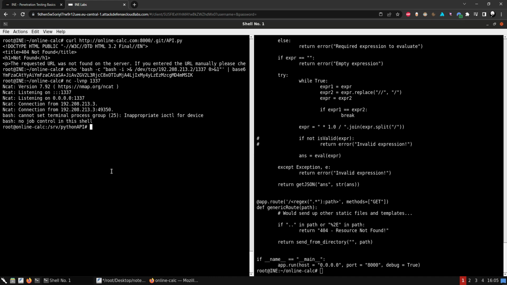It seems to have worked. Yeah, some little debugging was necessary, but we did get a shell, as you can see, Python API, and we got a shell as the root user. Again, this lab is not meant to teach you privilege escalation. It's meant to teach you how to get to a device through enumeration